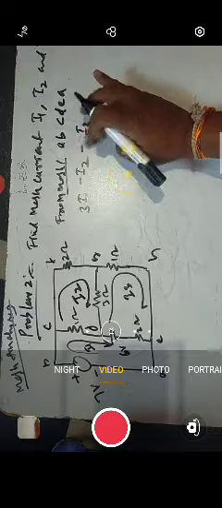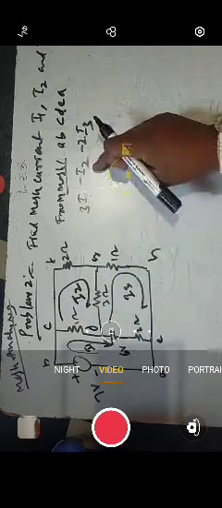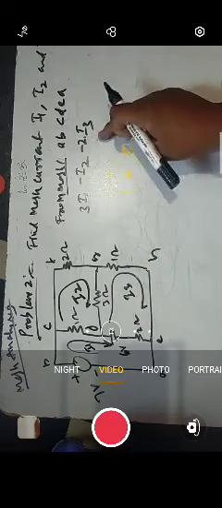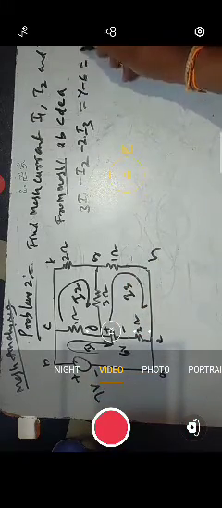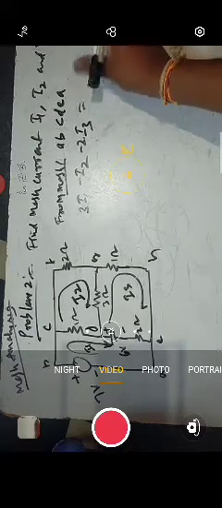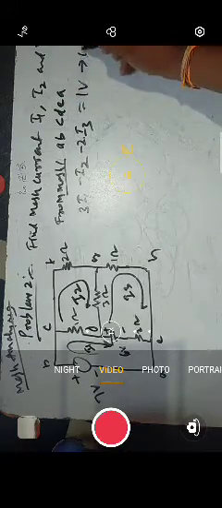Sorry, this is 2 ohm resistance. The 2 ohm resistance belongs to mesh 3. See that 1 plus 2 is completely for mesh 1, 1 is for mesh 2 and 2 is for mesh 3, equal to... moving from negative to positive and again from positive to negative, this is nothing but 7 minus 6 is equal to 1. This is 1 volt. This is one equation.